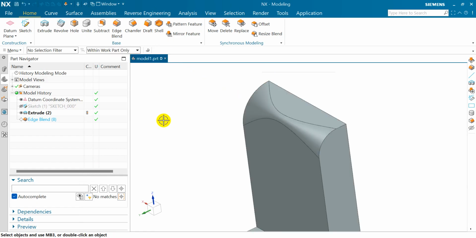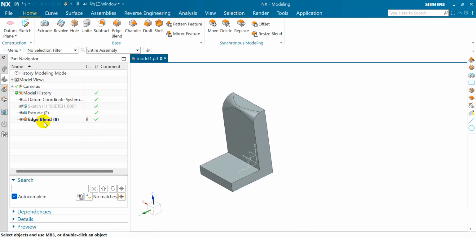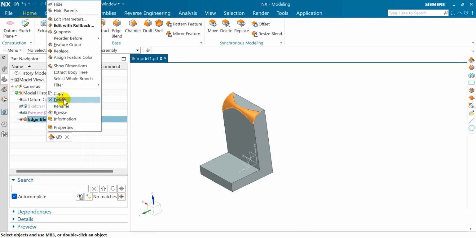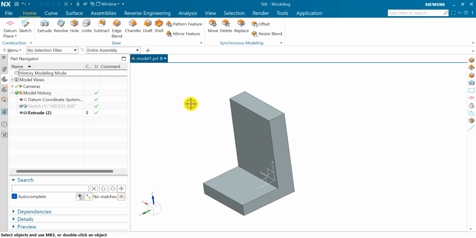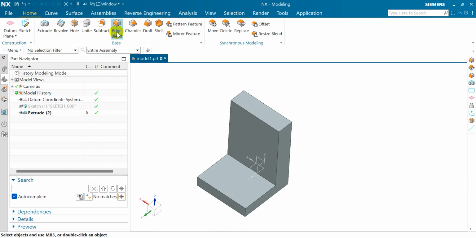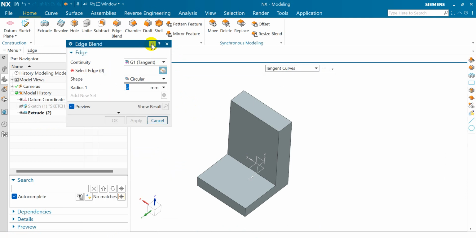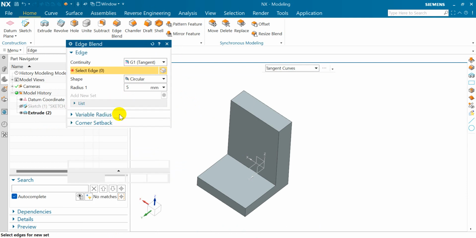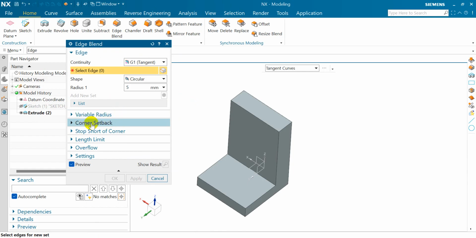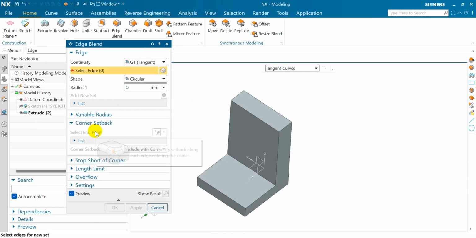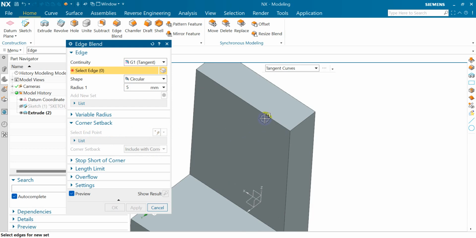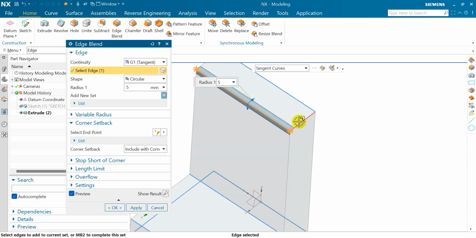First of all, click on cancel, right click on delete, face blend, click on reset, click on more options. Now corner setback, it means 3 edges, first edge, second edge, then third edge.